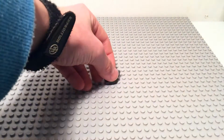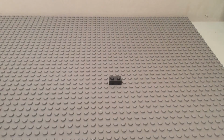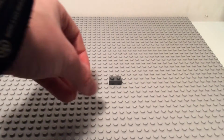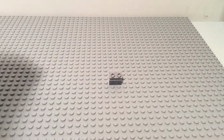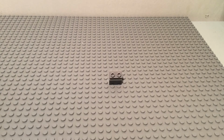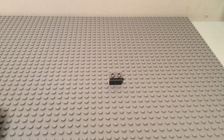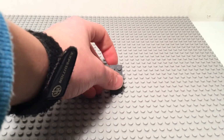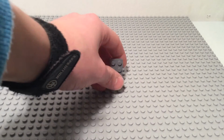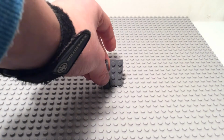Okay, so for the second to last one, you want to put down 2x2, 1x2 plates down, and then you want to stick this brick with the turner thing. I don't actually know what this brick's called. You want to do that like that, and then you stick a 2x4, I mean, is what I like best to put on here, but you can change stuff around. A lot of this kind of building is just trial and error, and then getting what you like. But if you stick it second, like if you do it like that, then it'll work perfectly. So you can put this brick to the side of it like this,